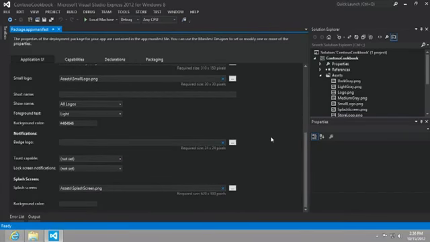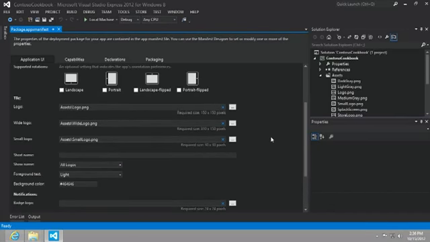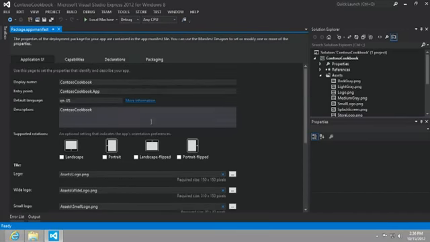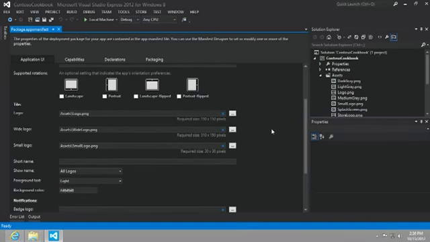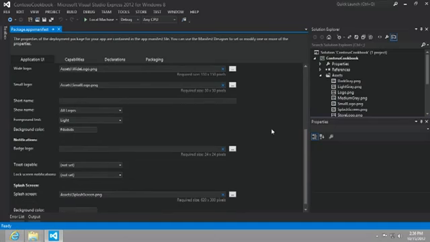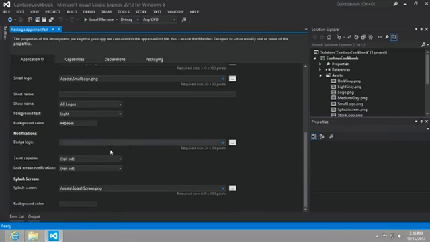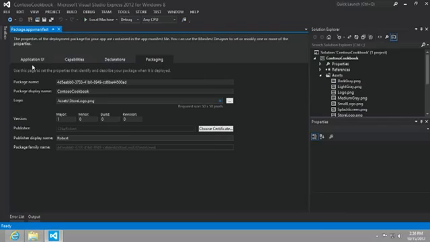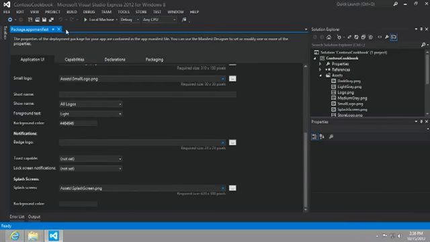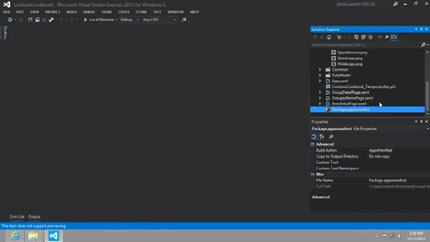So as you peruse this, you can see that there are a number of interesting settings here that would affect, for example, what orientations or rotations we support, name, background color for our app, things called badges and toast capable. And as we look through the capabilities, again, we're going to come back to this a couple of times throughout the series, and I'm pretty interested in enabling some of the functionality that we see here. But what about this